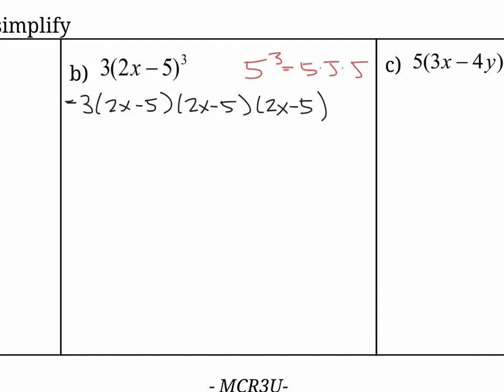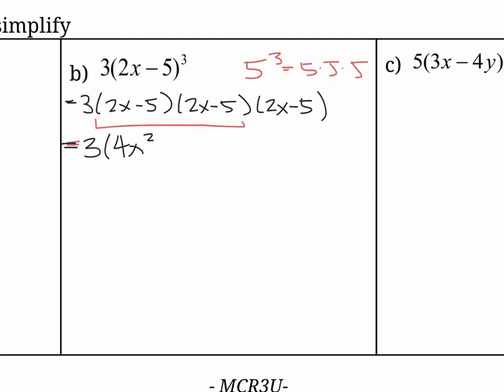Okay, so my suggestion for multiplying these is do the 2 first binomials, and then you're going to do the next binomial, and then you'll bring in the 3. So not the only way to do it, this is just what I usually do just to make sure that we limit the mistakes. So really quickly, we're going to do 2x times 2x, that's going to be 4x squared,